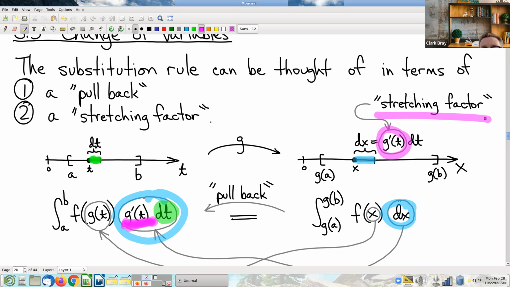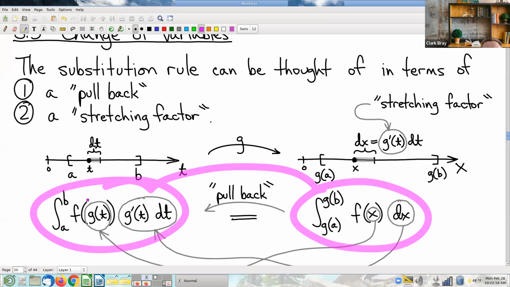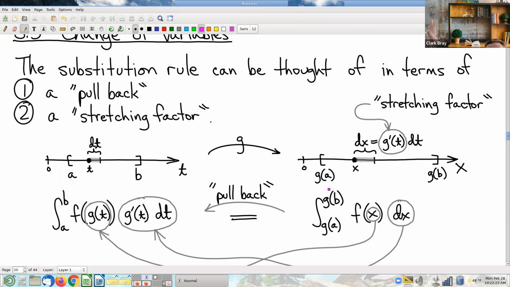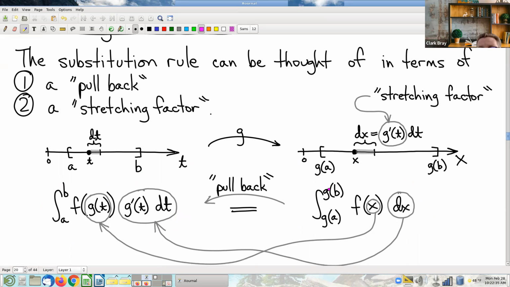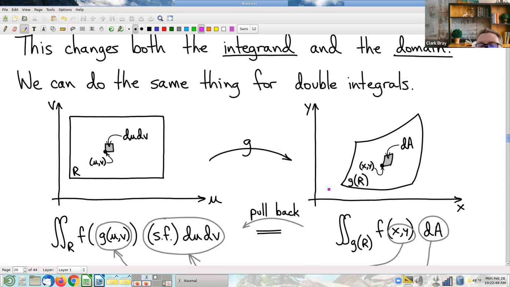Okay, so what's the upshot? Why is this important? What have we recovered? Well, we have the substitution rule, which we already knew. So what's the benefit? The benefit is that this is now reconceived in a way that's going to allow us to do something importantly similar in 2 dimensions for double integrals instead of single variable integrals. And that point of view, I think, is really important for being able to generalize to 2 dimensions. So the algebraic point of view is not particularly helpful. But let's think about the